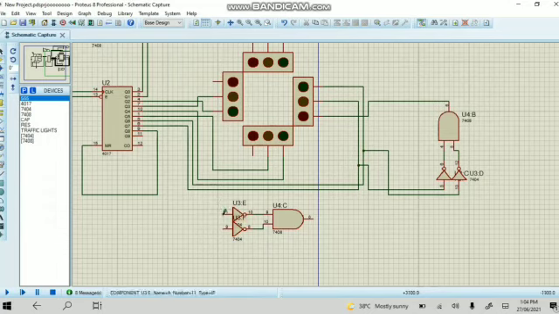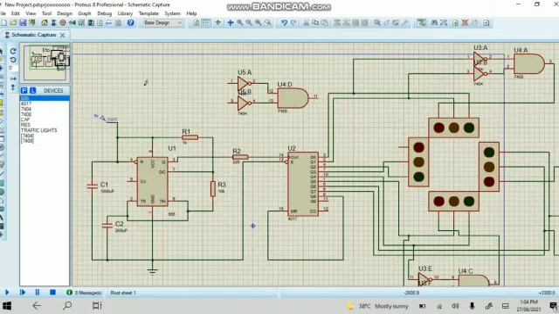Now we are going to connect it green one and the yellow one. The red one, third one here,